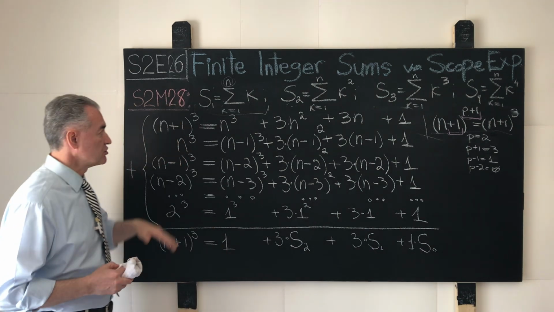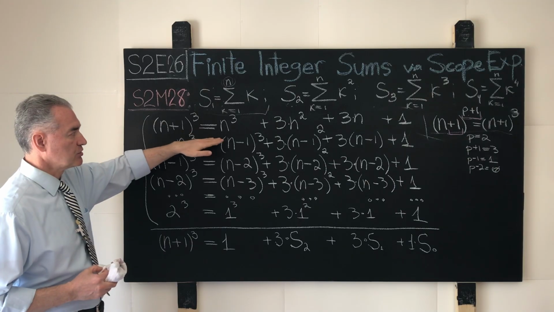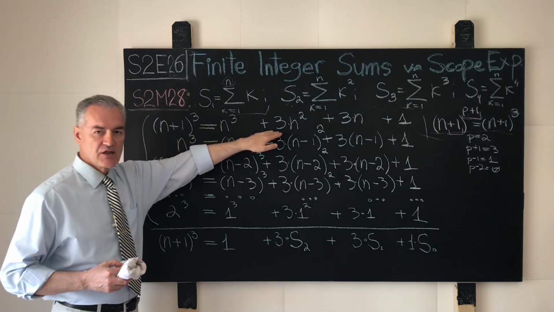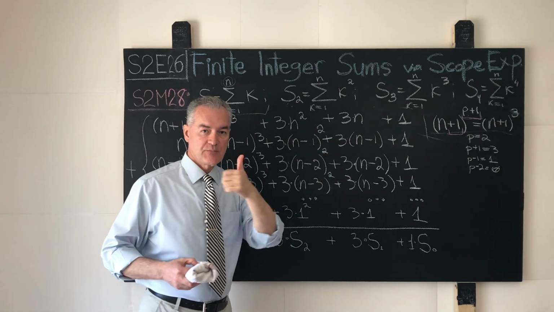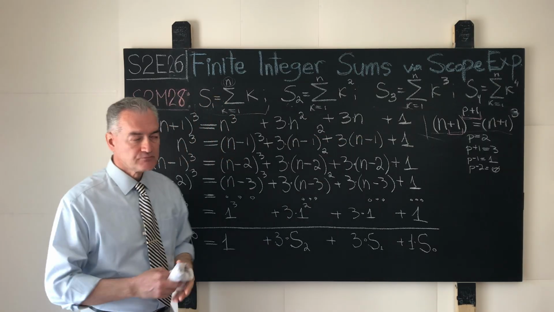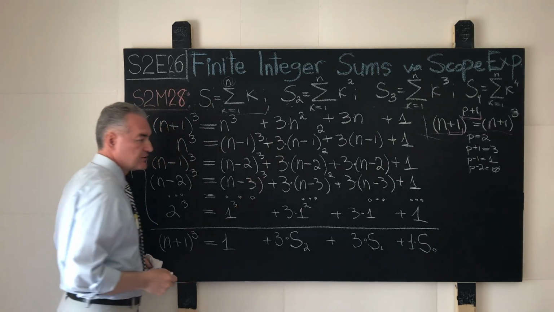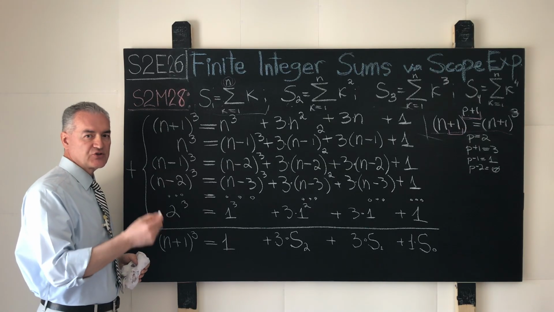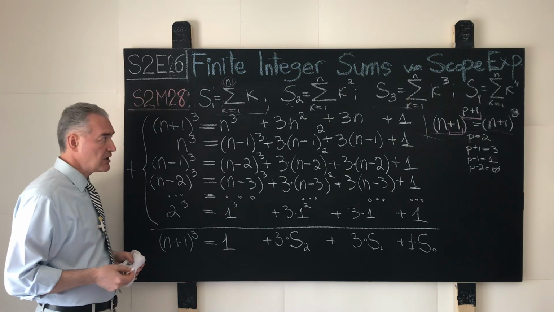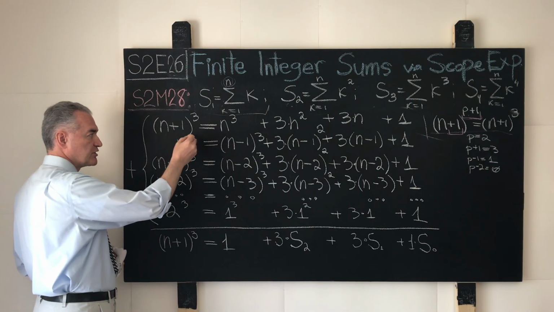That expansion is shown on top over here. (n+1)^3 is equal to n^3 + 3n^2 + 3n + 1. Step number 1. Step number 2. We take our binomial expansion, iterate it n minus 1 times by replacing n with n minus 1 in each consecutive iteration. For example, in our first iteration, we make a copy of the first expansion